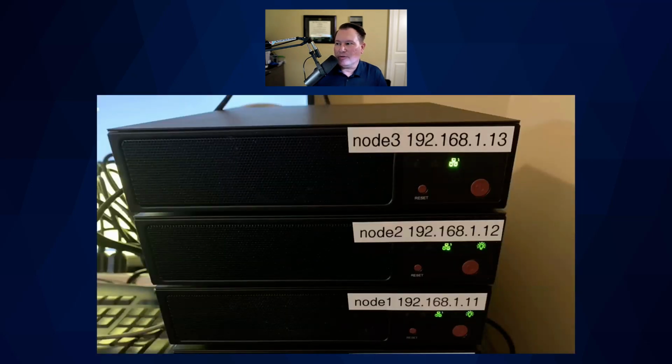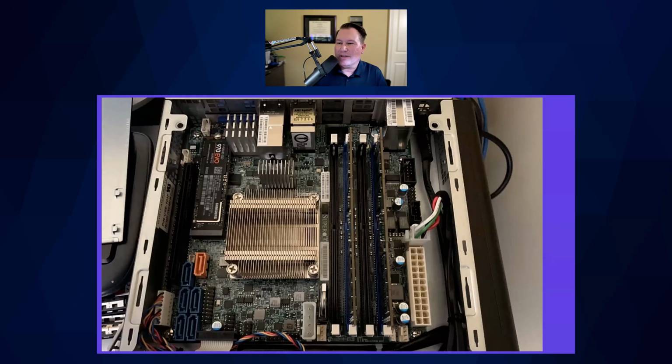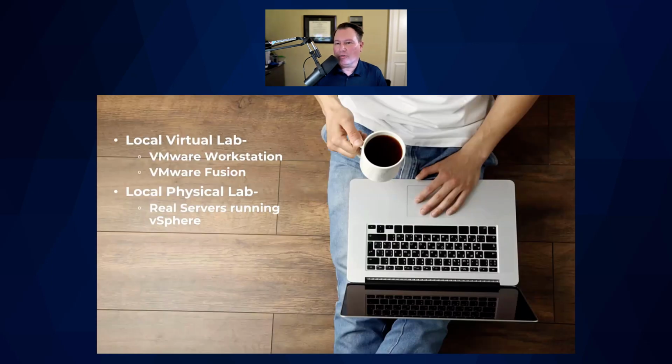And those are just 3 of the Supermicro nodes. They almost fit in the size of your hand. They're about the size of an iPad, but much thicker. And that's inside of it. They've got 64 gigs of memory, a terabyte of storage, and 512 gigs of flash. So you can run VMware vSAN in these tiny nodes, and it makes for a great physical lab. That's kind of the ultimate option, in my opinion. That's the best option available.